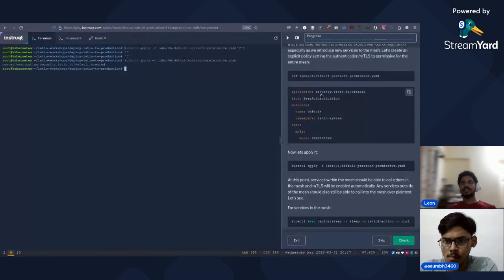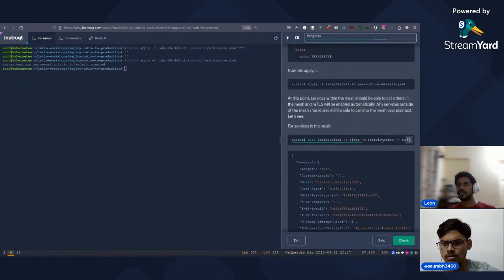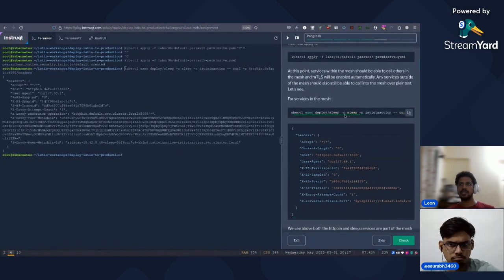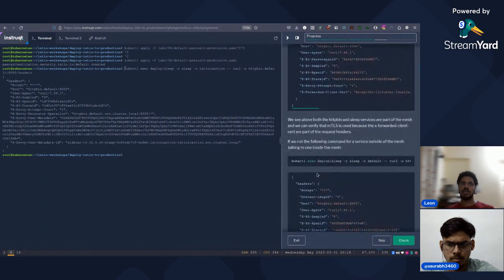So the peer authentication is created as permissive. Right, so at this point services within the mesh should be able to call other services in the mesh, and mTLS will be automatically enabled. Any services outside of the mesh should also be able to connect. So outside of the mesh, inside of the mesh, both services can connect. Right? This is working. This is connecting to the sleep pod in istio-action, and we are doing curl to the default namespace over HTTP. This is working. We are ready to